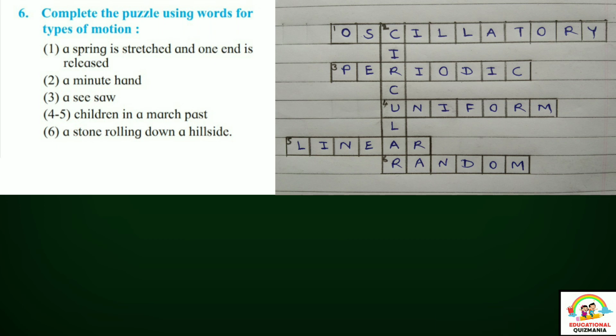4 or 5. Children in a march past. Answer is uniform motion and linear motion. 6. A stone rolling down a hillside. Answer is